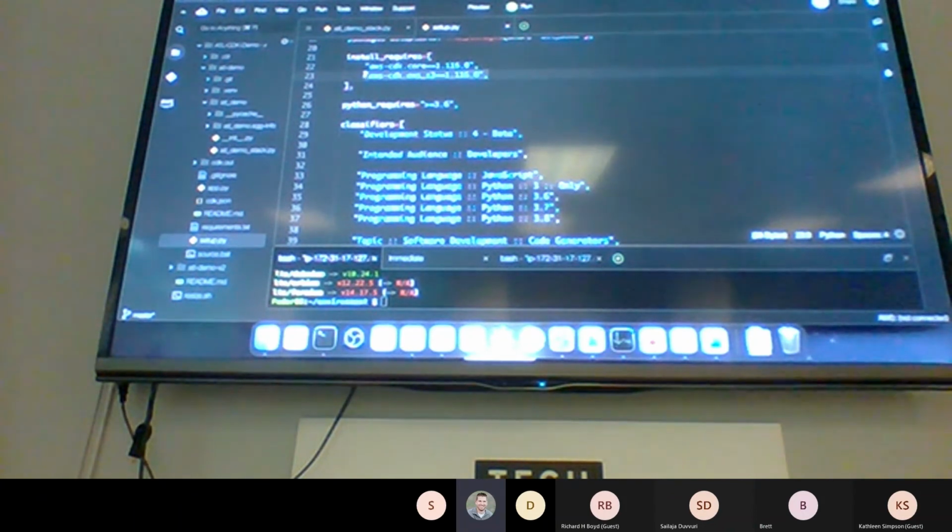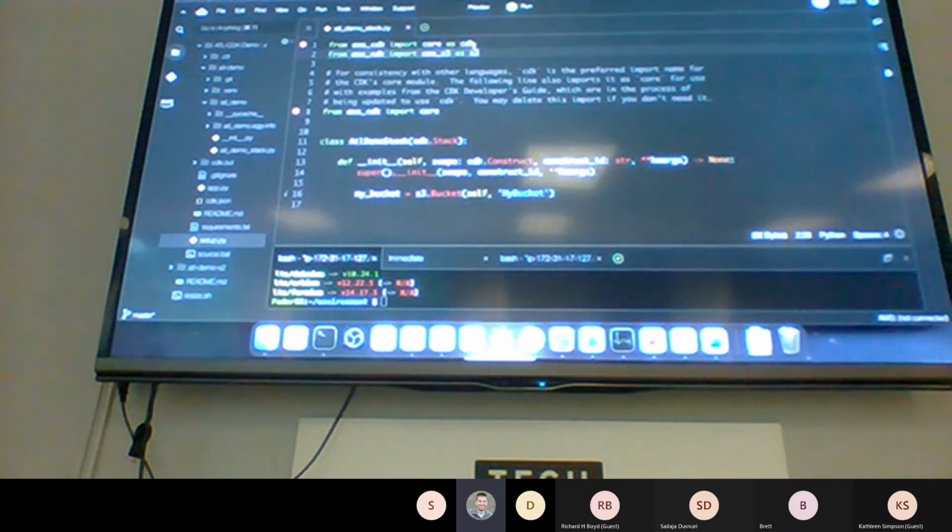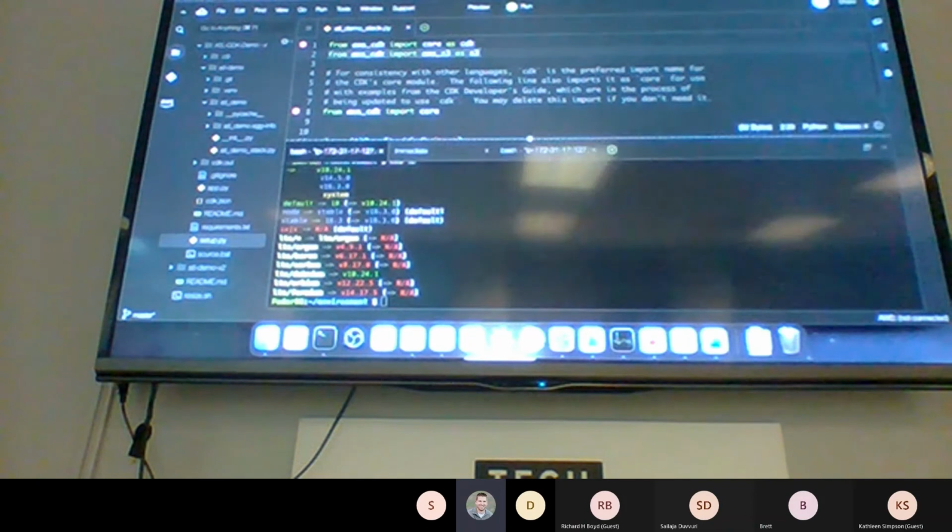And then people start arguing, should they be alphabetized? Should they be arranged by how stable they are? People fight over stuff that doesn't matter because engineers do that. So this is an example of a V1 CDK app. I'm going to quickly synthesize this and then deploy it.